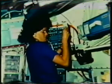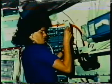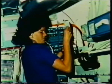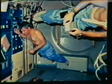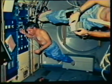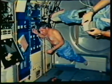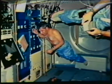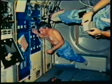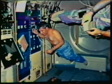Crews followed an almost round-the-clock schedule of experiments. Here in space, life-saving medicines can be developed that are impossible to make in the gravity of Earth. Experiments were important in all shuttle missions, but with Spacelab, built by the European Space Agency, an entire laboratory was taken into space. 2 astronauts and 2 scientists, including one from West Germany, studied the Earth, its atmosphere, and the